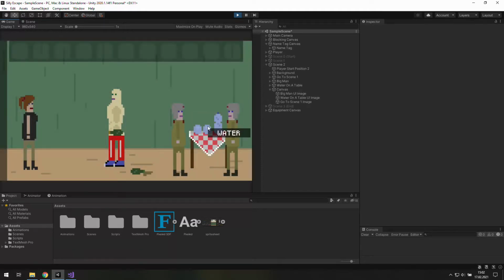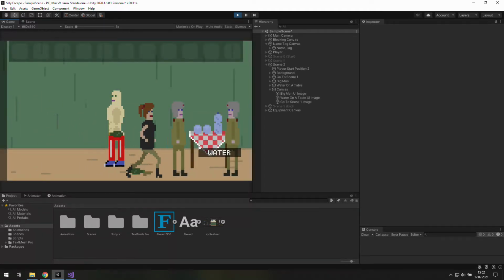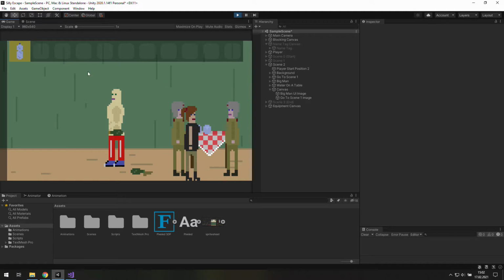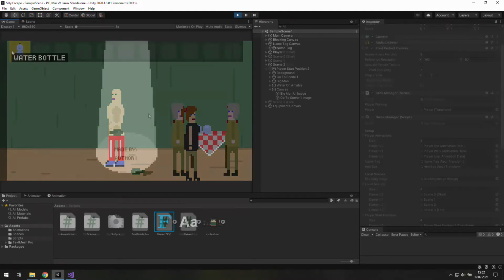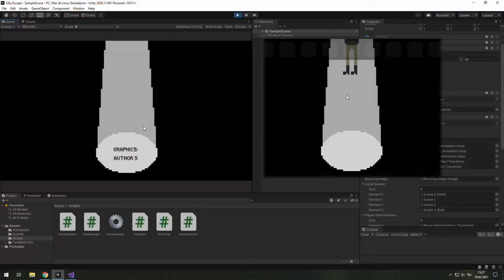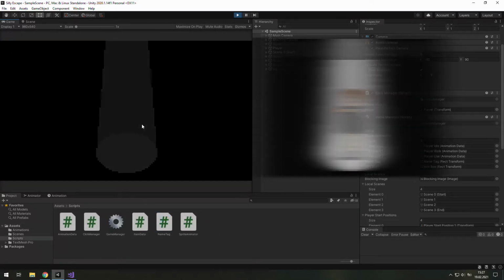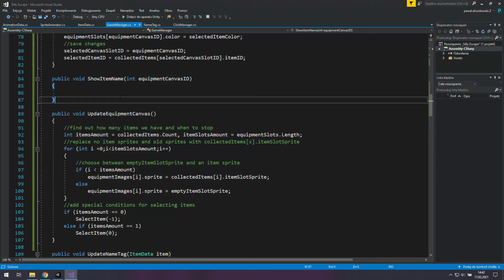Hi! In this episode we are going to modify what we've created in previous videos. That means adding a possibility to show names of equipment items and hide the equipment bar in the first scene. Alright, now we know what we need to do, so let's go to the game manager and let's start working